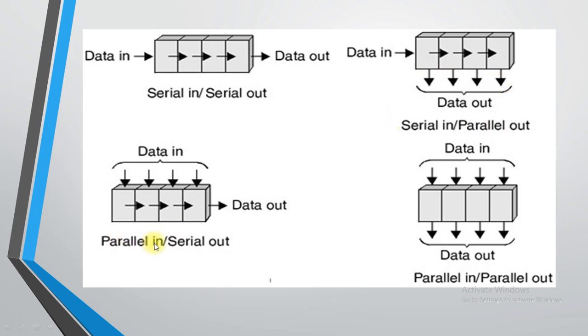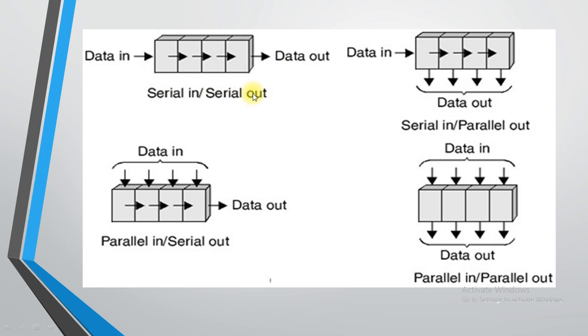Now our next requirement is parallel in, serial out. So you can see that when data out is there, at that time it is in the form of serial. So you need to pass one bit of information at a time. So that can be known as data out, which can be written over here. Similarly, when you want to load all the data at the same time, at that time you can use data in at the top. See, this is the left portion, this is the right portion, this is the top portion, and this is the bottom portion.